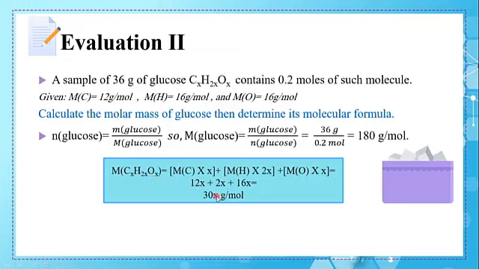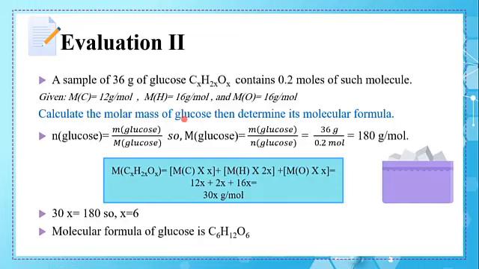The answer is 30x grams per mole. In order to find the molecular formula of glucose, we have to find the value of X. Now we can say 30x is equal to 180, which is equal to the molar mass of glucose. Thus X is equal to 180 over 30, so X is equal to 6. Now substitute the value of X in the molecular formula of glucose, so the molecular formula of glucose will be